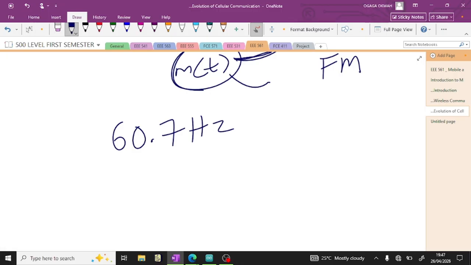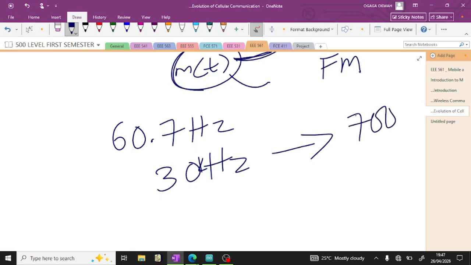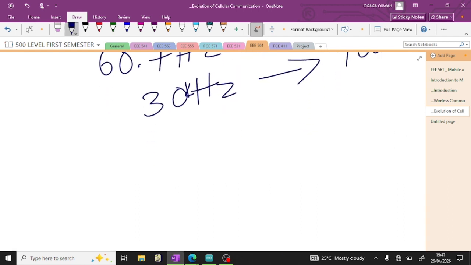Let's say we have a frequency range of, let's say, 30 hertz to, let me use kilohertz, 700 kilohertz. This is a wide range. So what will happen is that we have to divide between this and this. We have to give, let's say, 32 kilohertz to somebody, 33 kilohertz to another person. Divide this frequency. So what we are actually doing here is frequency